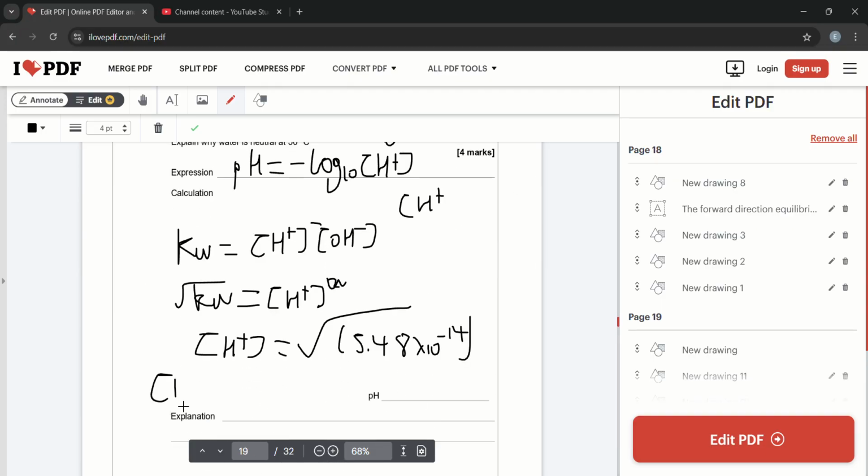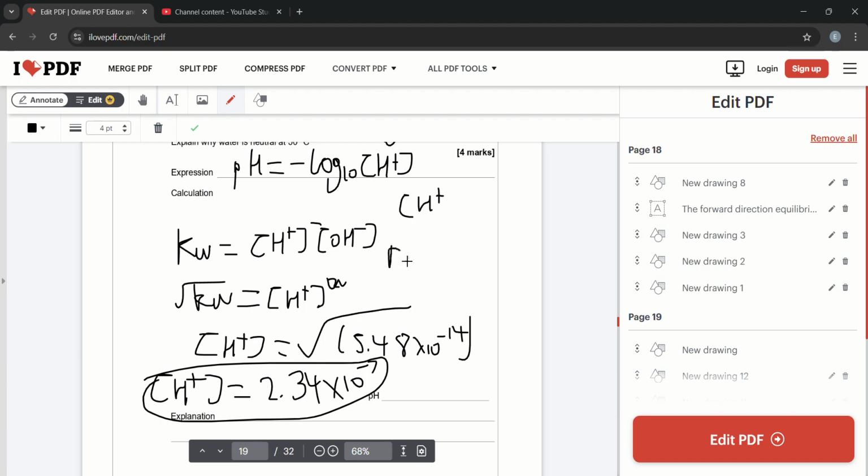Let's find out. H plus equals the square root of 5.48 times 10 to the power minus 14, and we get 2.34 times 10 to the power minus 7, and therefore pH is equal to minus log